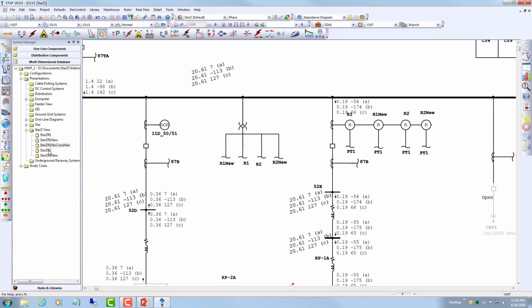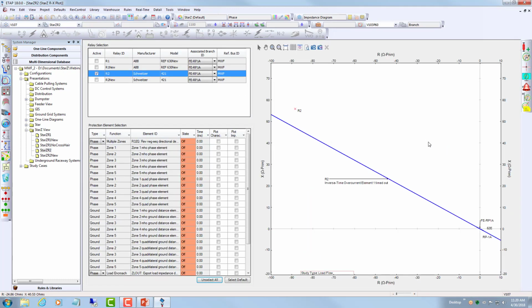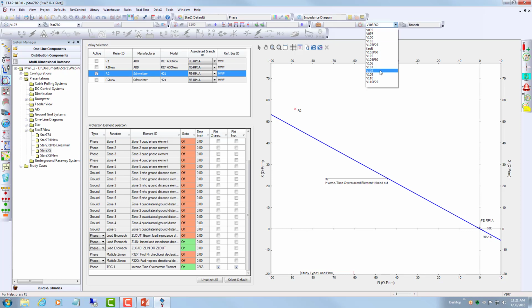You can also see the same case with a Schweitzer relay, the 351 or 350 relay, or any overcurrent protection is very similar, like the 421 or others. For now I have the 421 in the library, so I'm using that one, but it doesn't make any difference. We are looking at the TOC1 phase overcurrent relay. So in this case also, if I go to 95%,